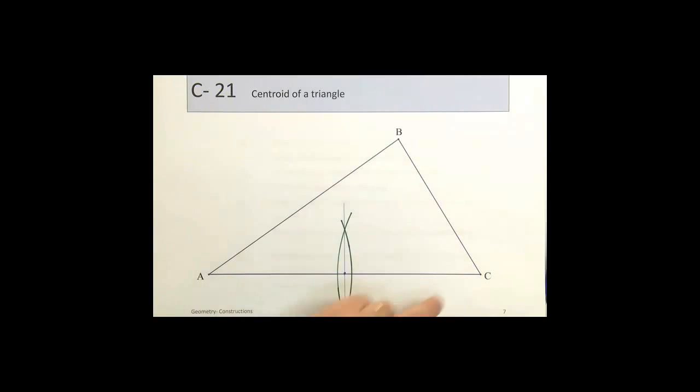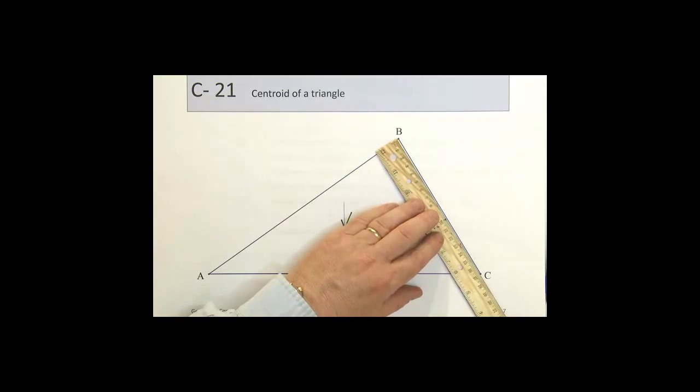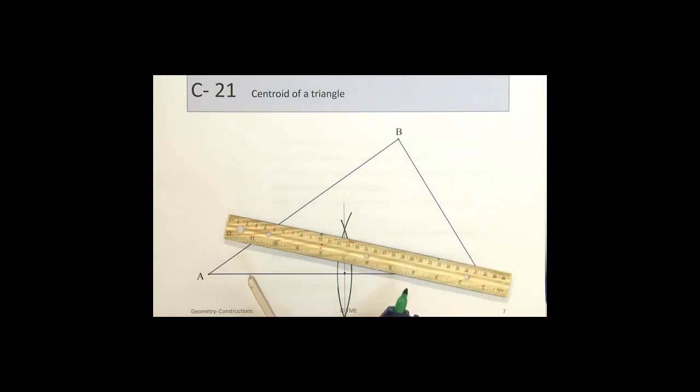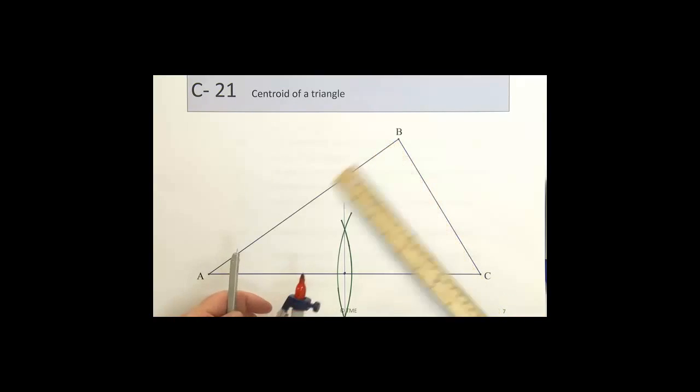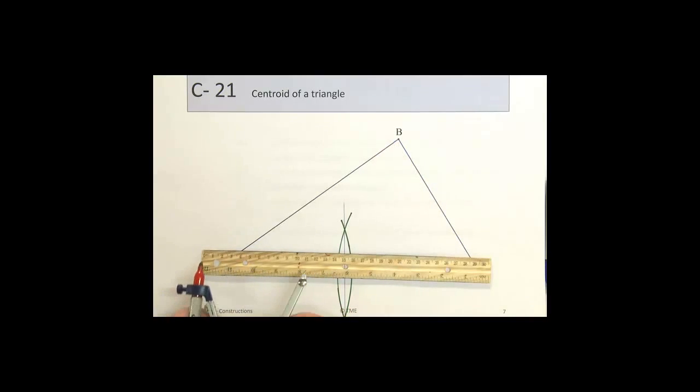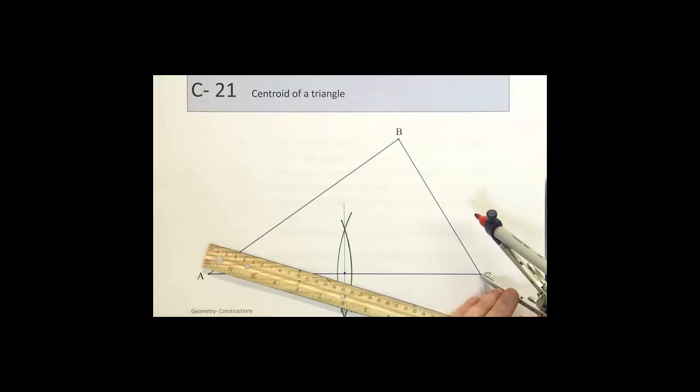I'm going to do the same now for BC and bisect it. BC is not as long, looking at about 17, so anything about 8 or more will be fine. I might use a different colour just to show the arcs differently for each line. So 17, anything like 9 would do, 2 9s would be 18, so 9 will do well there. So using a radius slightly more than halfway,